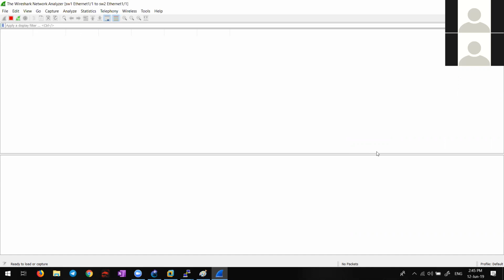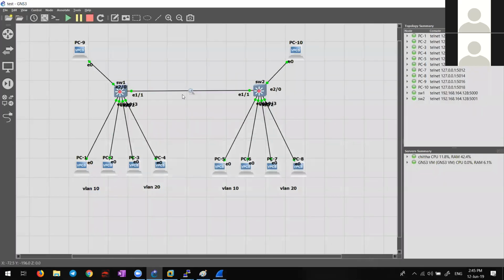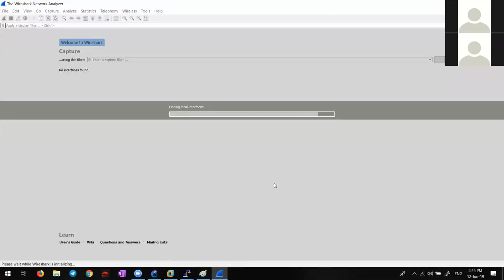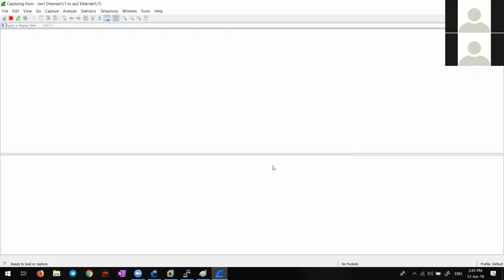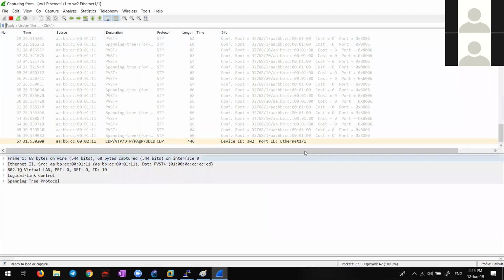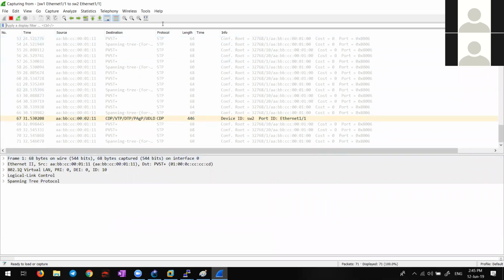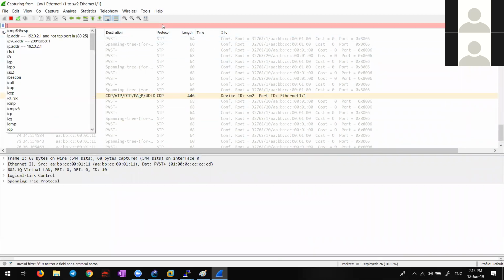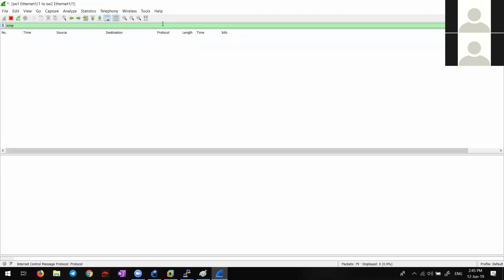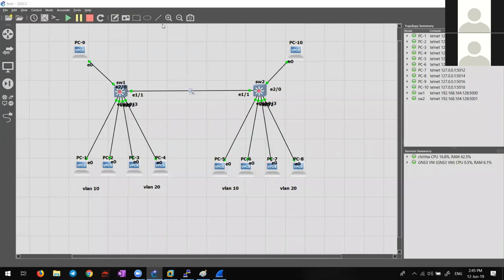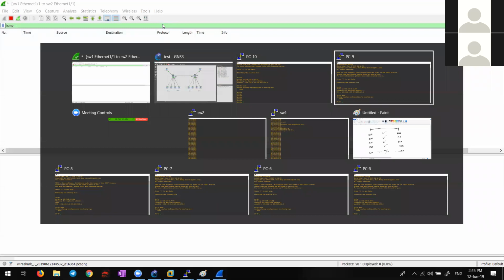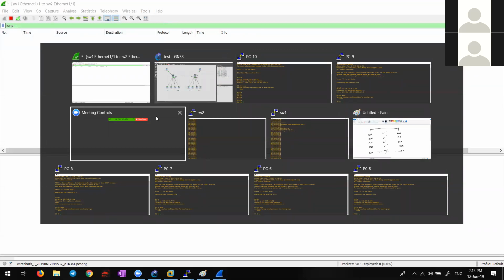This is a problem sometimes. It's coming now. So I'll only filter ICMP packets, because that's what we are going to send, ping packets. Right now there is nothing. So I'll go to PC1.